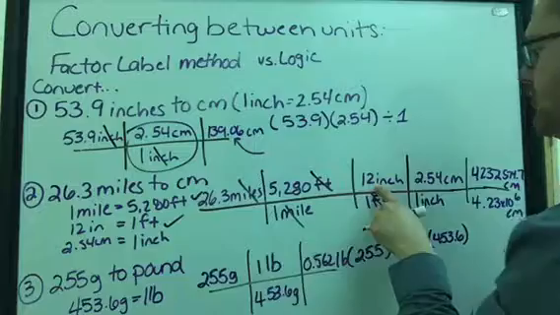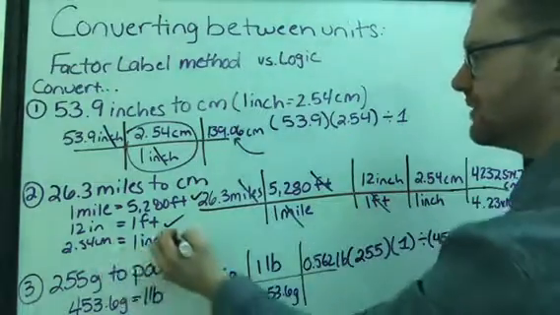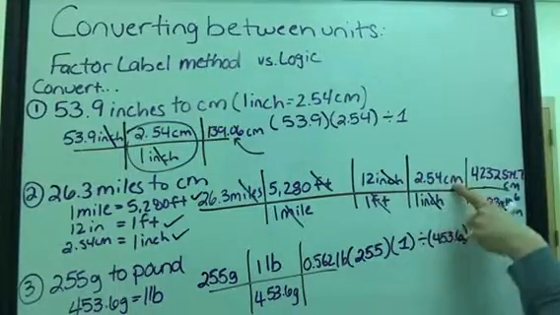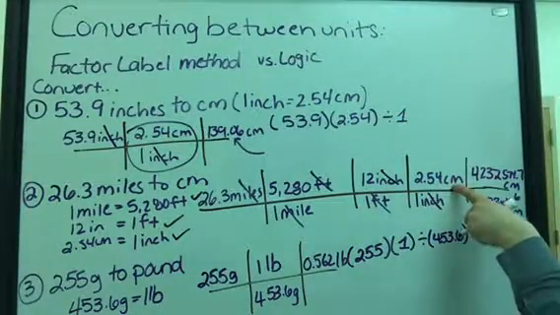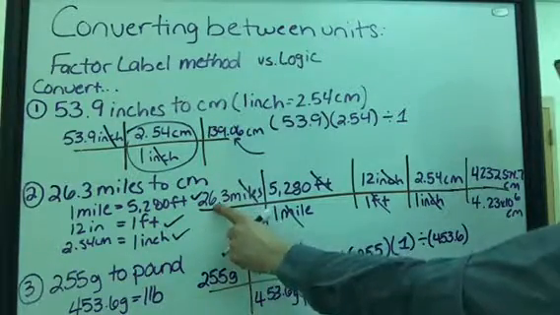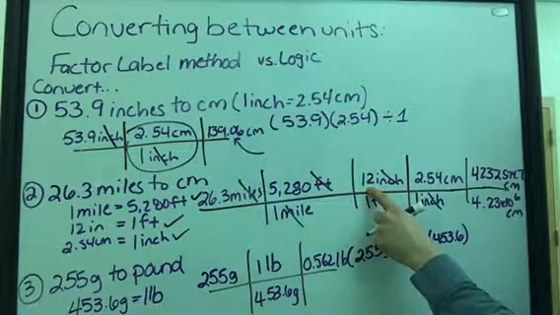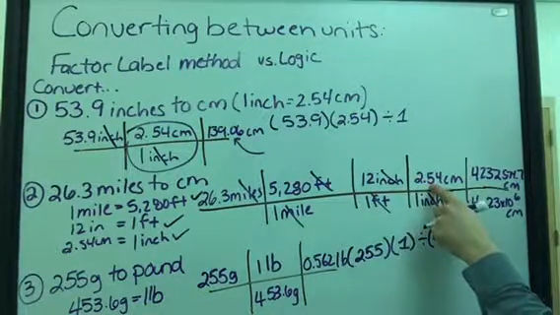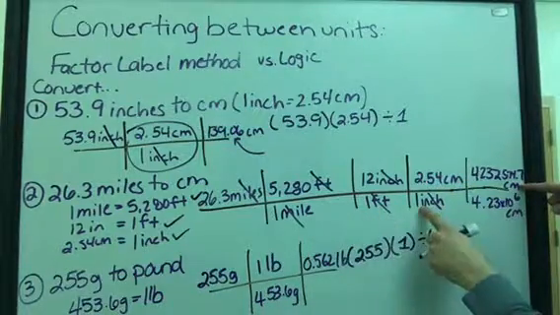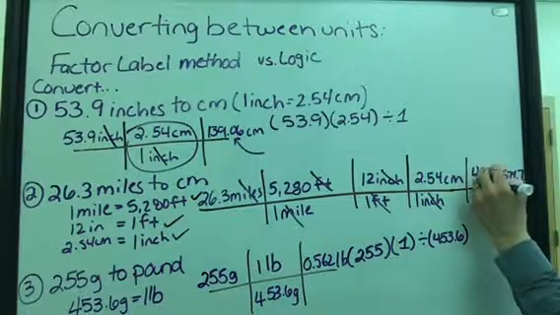12 inches is 1 foot. Now I find my other conversion factor. 1 inch is 2.54 centimeters. So now my inches cancel, and I'm left with centimeters. Now I'm ready to multiply. So I take 26.3 times 5,280 times 12 times 2.54, and that's going to give me an answer in centimeters. Divide that by 1, and I get this number right here. Let's see here. That is